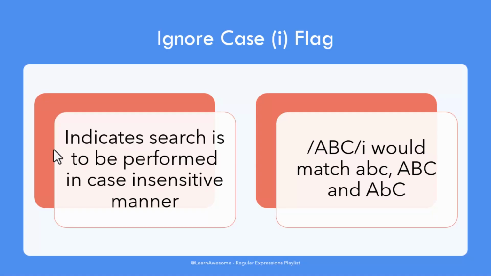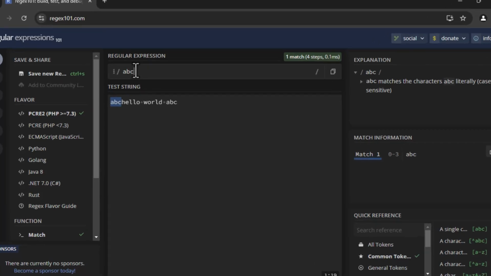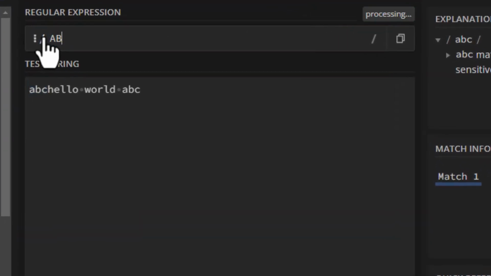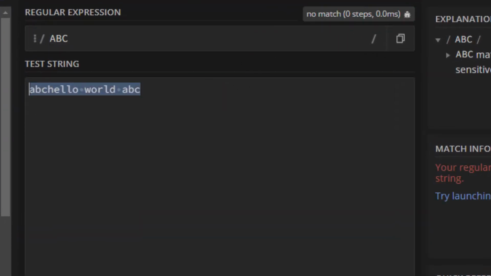All right, our next flag is the ignore case flag, which indicates the search is to be performed in a case-insensitive manner. We have this example here where ABC in caps with the I flag would match small caps abc, all caps ABC, and mixed case. We can quickly try it out in regex 101 as well. So let's go there and just quickly go over it. If I do ABC and type